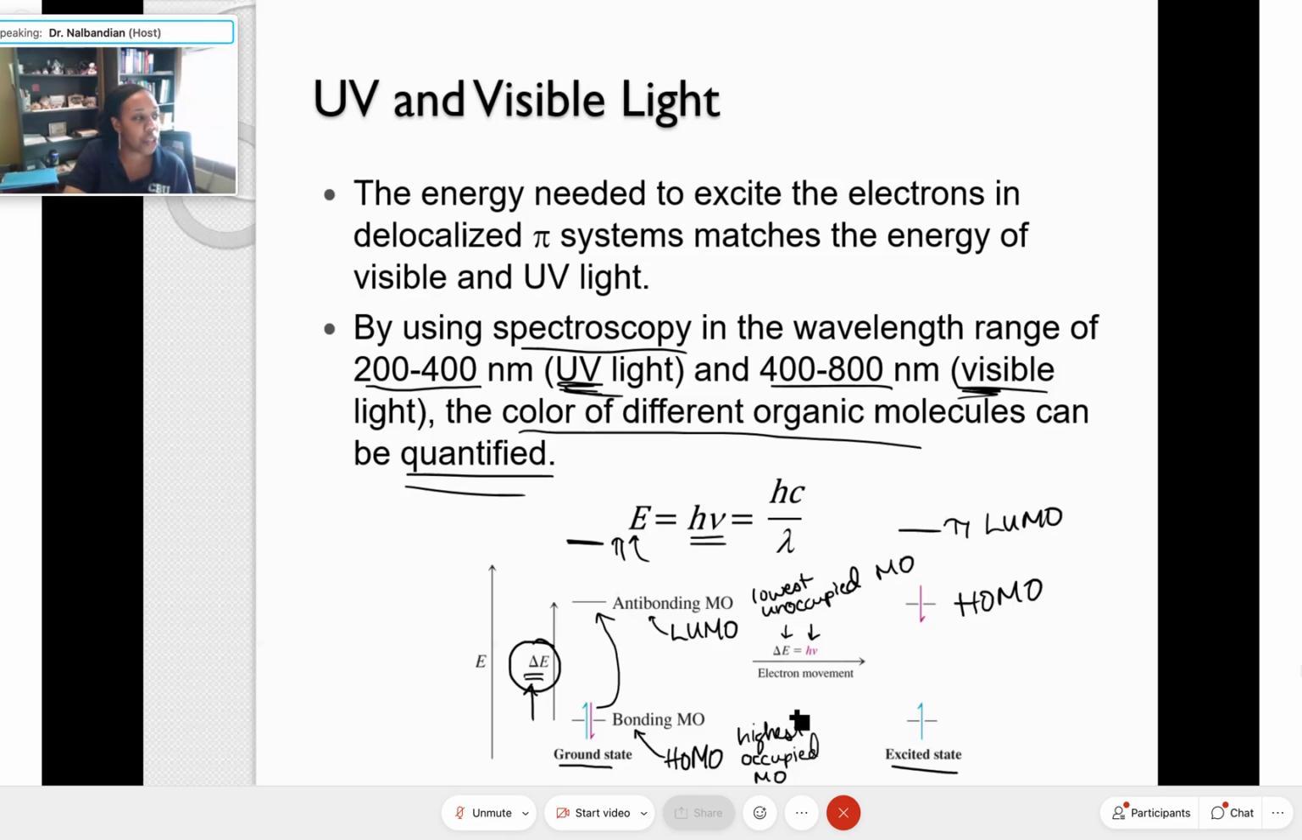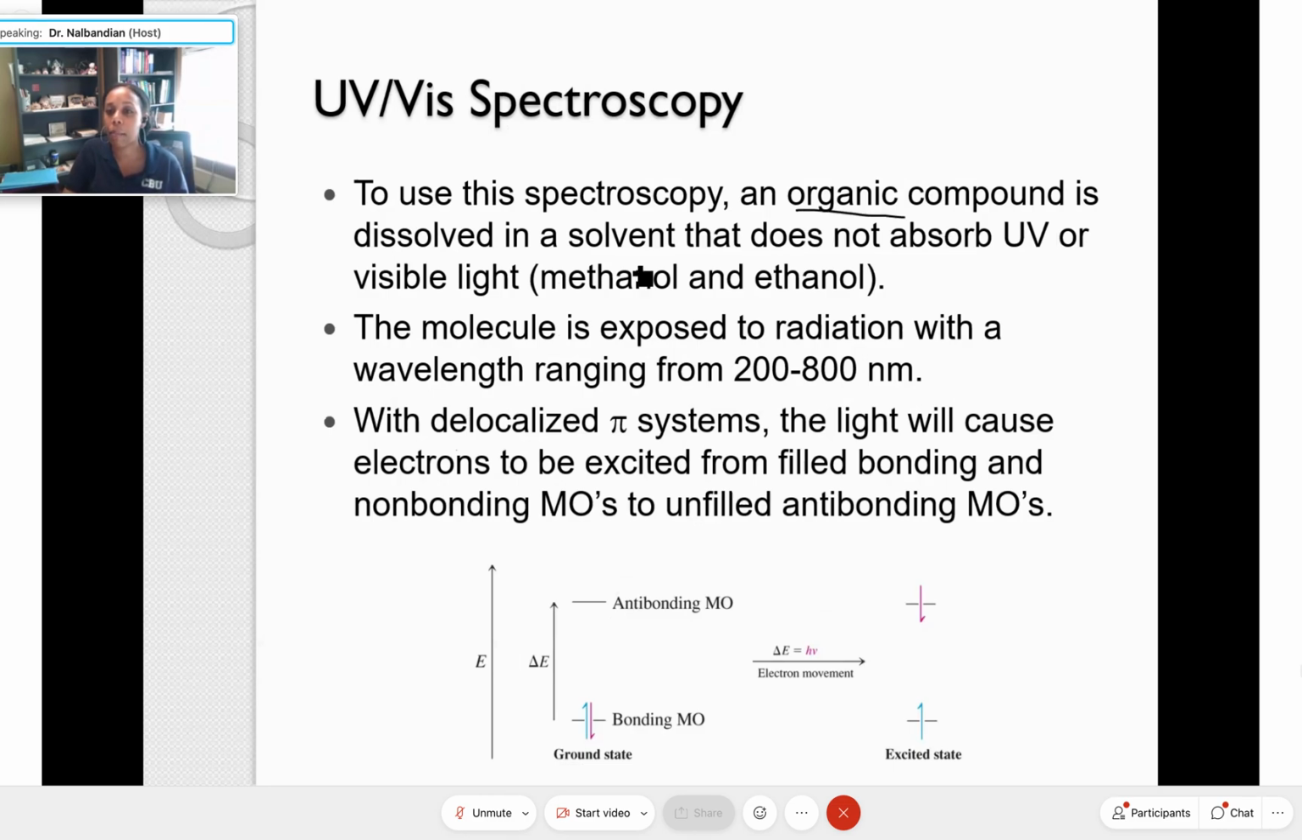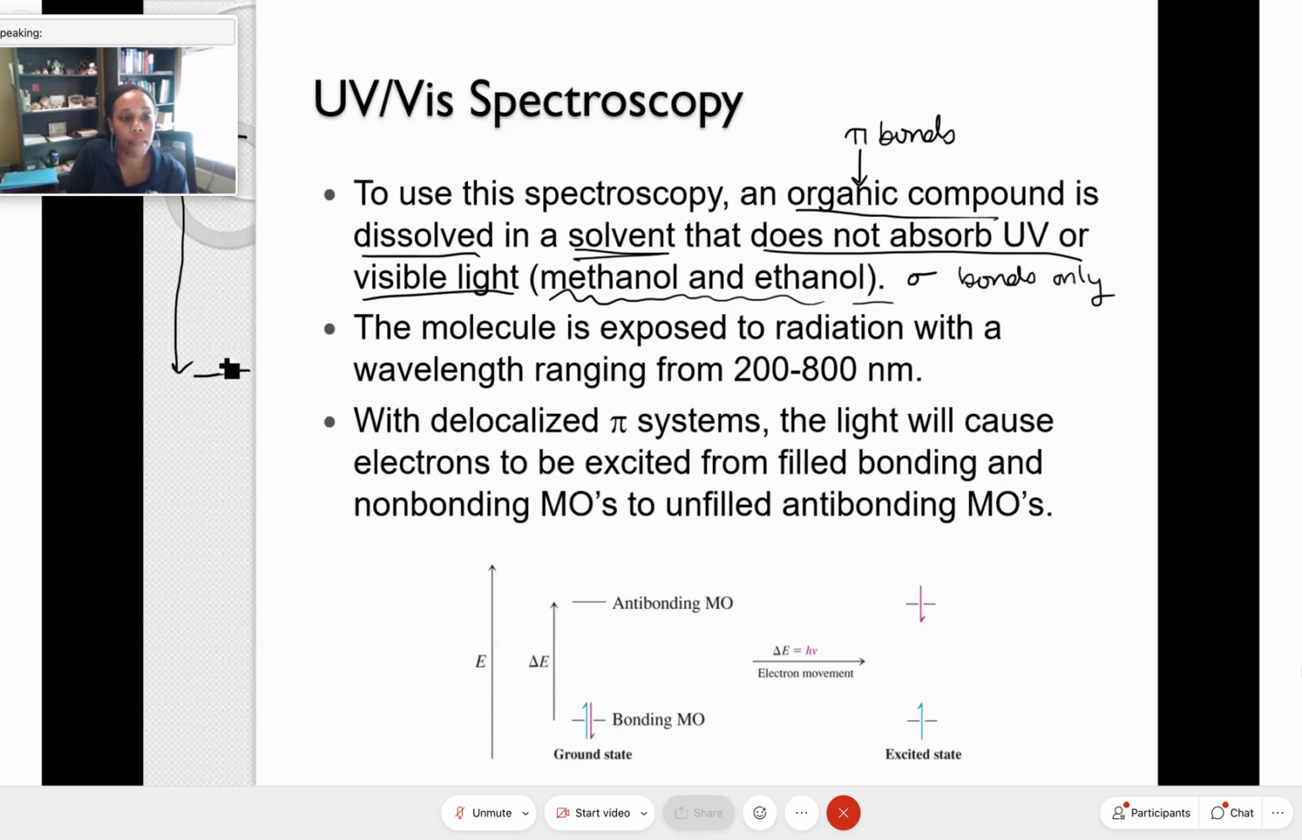All right, so how do we do this UV vis spectroscopy? We take an organic compound and dissolve it in a solvent that does not absorb UV or visible light, so we would use methanol or ethanol. Why won't the solvent absorb UV or visible light? Well, the solvent is going to have really only sigma bonds, but our organic compounds are going to have pi bonds. That's what we're looking at: those double bonds in conjugation. For sigma bonds, this difference in energy, this delta E, between the bonding and anti-bonding molecular orbitals is too large